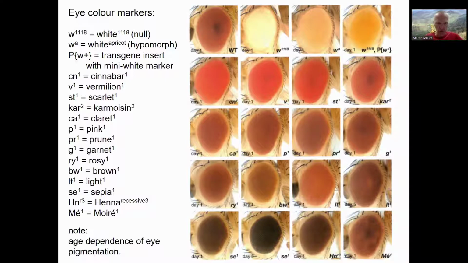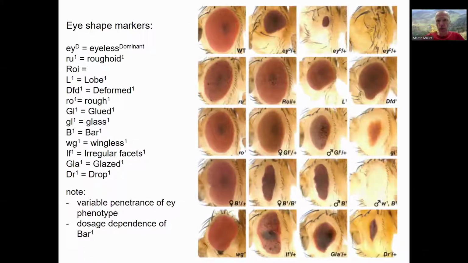Okay, so much for the eye color. Then we have eye shape markers. I mentioned to you eyeless this morning, this spectacular experiment where ectopic eyes could be produced. This is a dominant allele of eyeless, even though eyeless normally is recessive, as were the first alleles which were discovered. The dominance of this allele is indicated by a capital D, eyeless dominant, so it's heterozygous, and